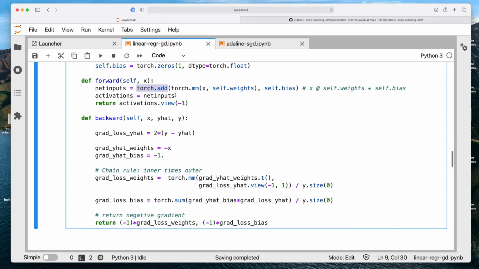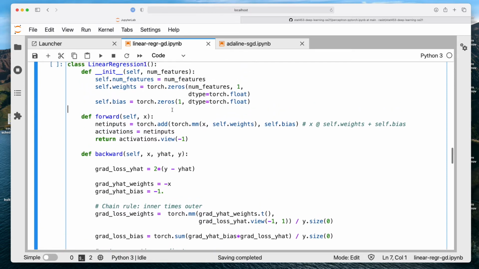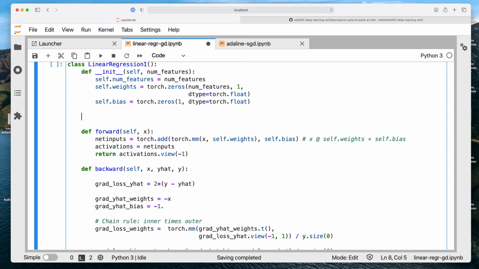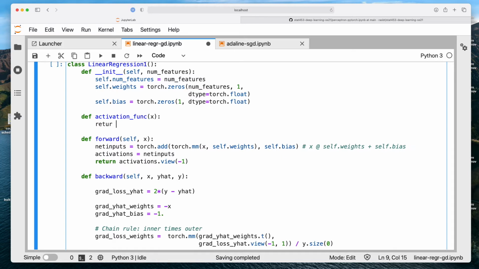Yeah, so then we have the activation. The activations are just the net inputs because the activation function is a linear function. So I could have done something like self.activation_function(x) and then return x and then use this one.